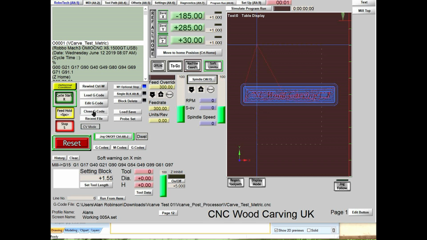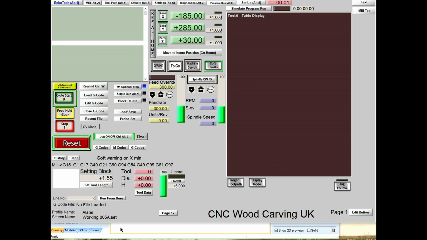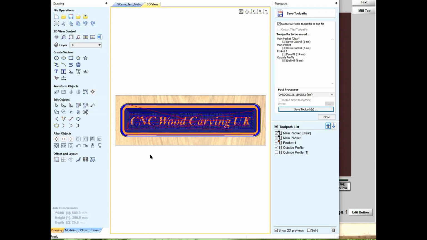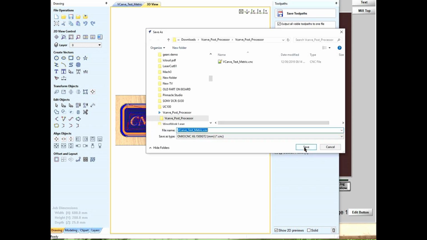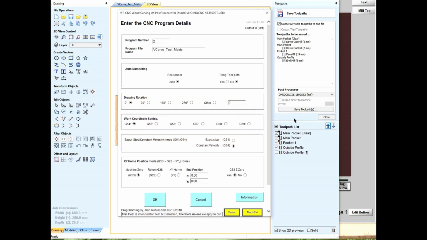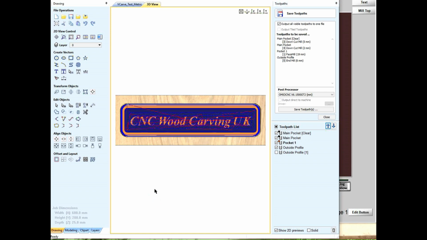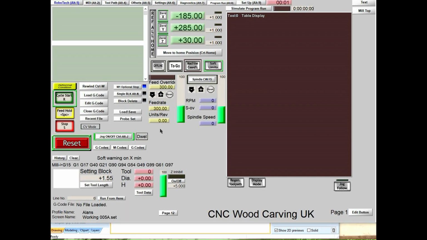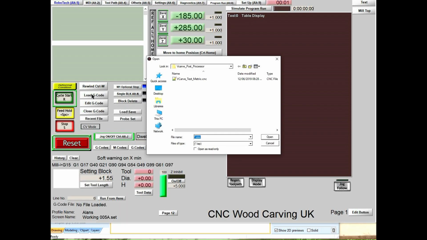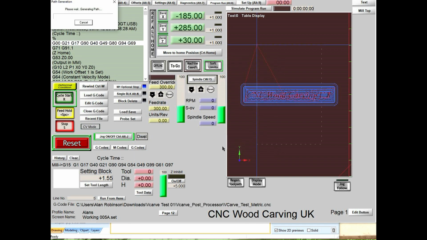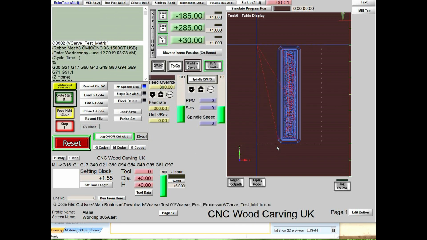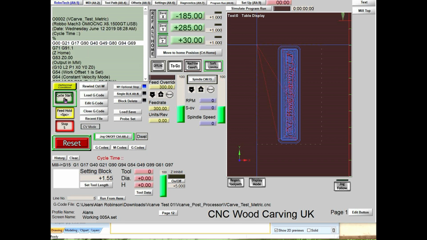So, close the G-code program, go back to VCarve and do a save again. But this time we will rotate the job 90 degrees. Nothing appears to have happened. But if we go back to Mach 3 and we load the program in, all of a sudden it fits my machine. And now if I do cycle start,